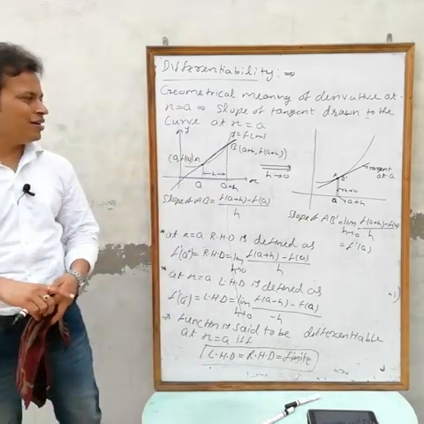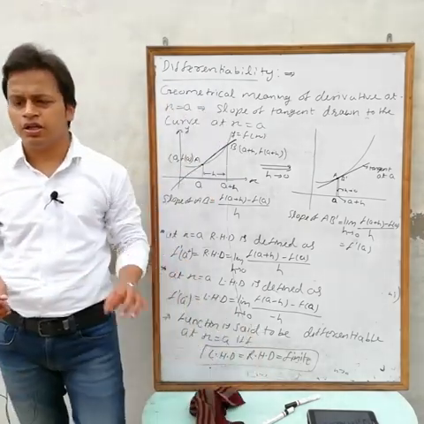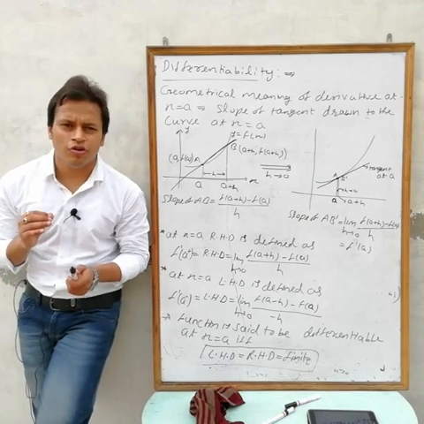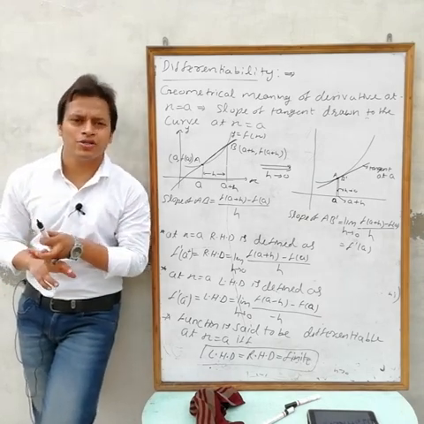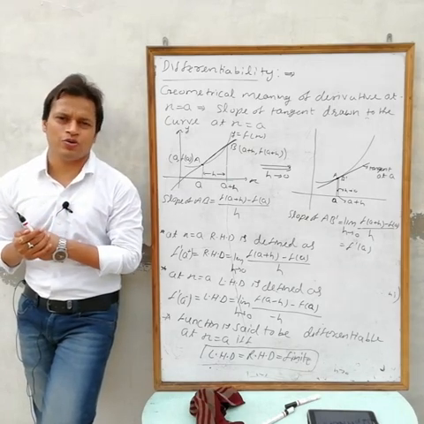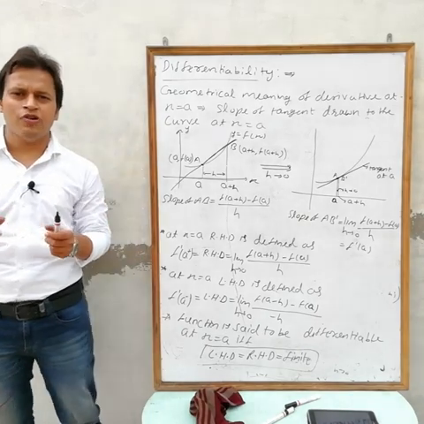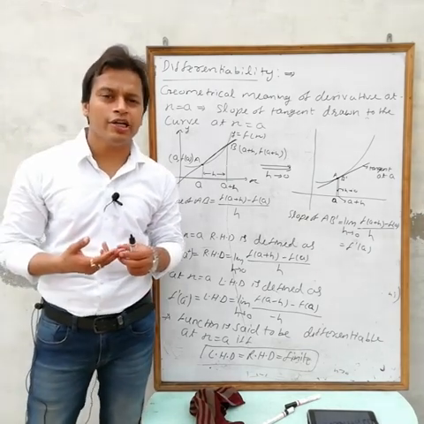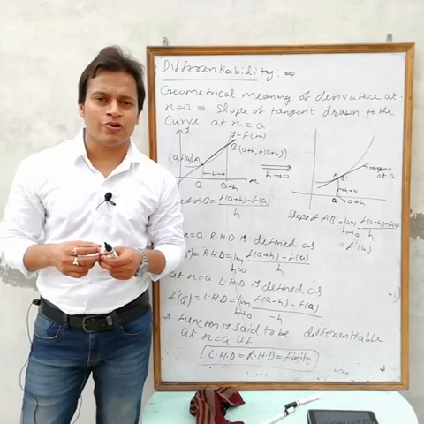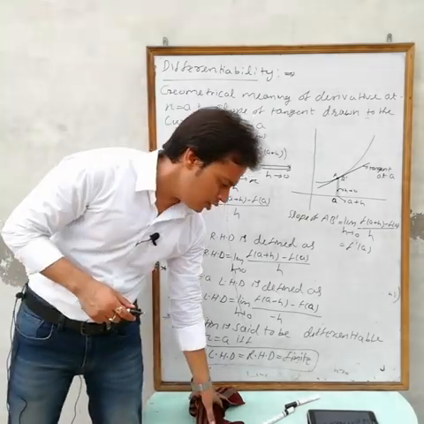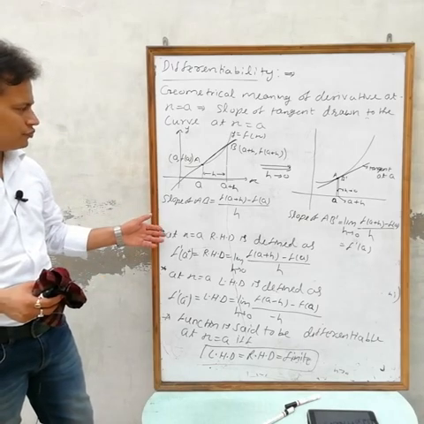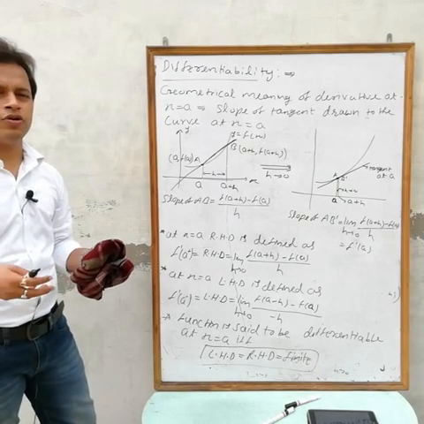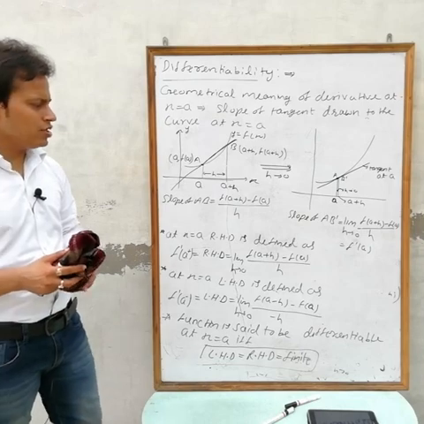And in another way also you can assume that if you have a unique tangent at any point, if the graph is given, if you can draw a unique tangent at x equals a, then the function is differentiable, otherwise not. Because the derivative is always unique. Suppose you have two possible tangents at x equals a, it means you are getting two derivatives at x equals a, that is not possible. The derivative is always unique. So another condition for differentiability, if the graph is given, if you can draw a unique tangent, then the function is differentiable, otherwise not differentiable.